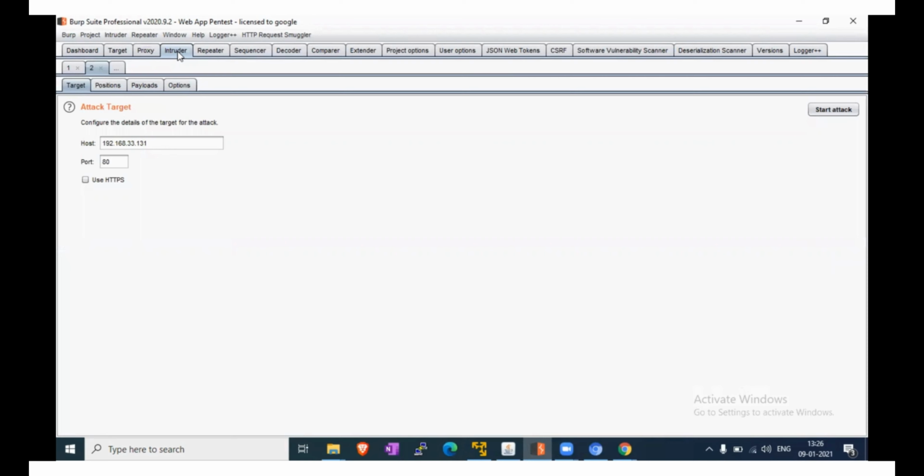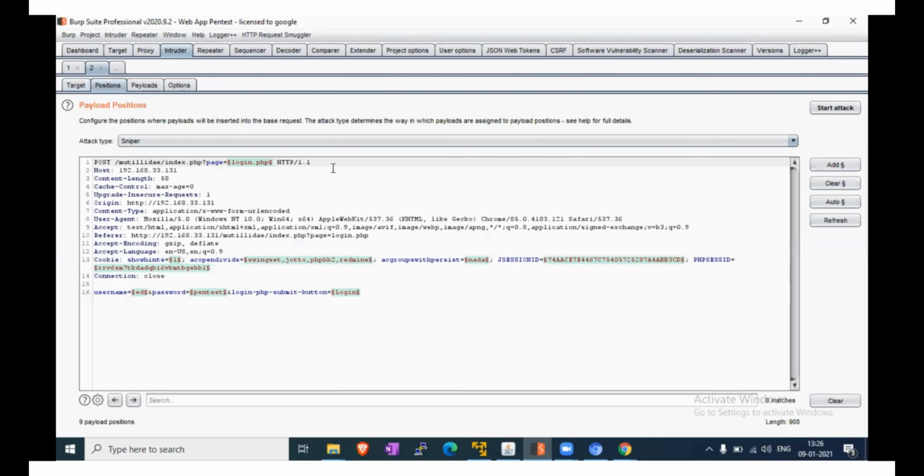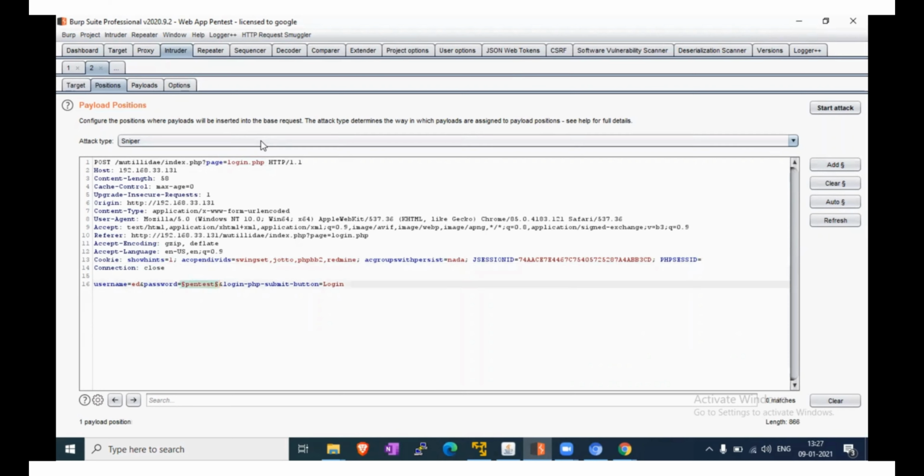And we will check the positions. First clear all and remove the session ID also. Leave it blank, and add the password field. Now go to the payloads.